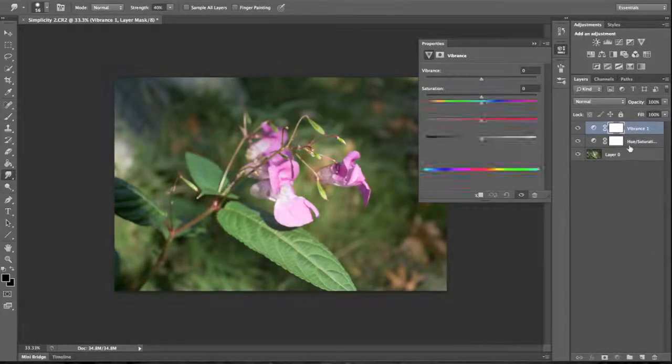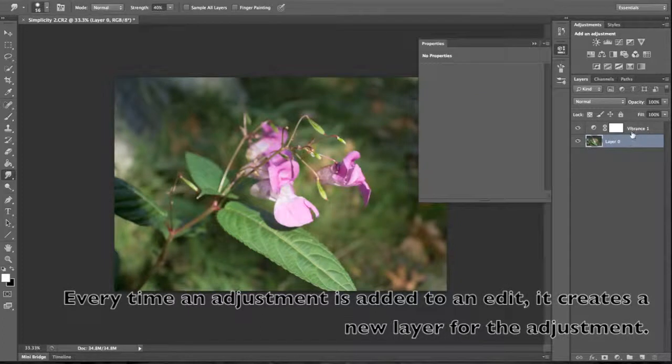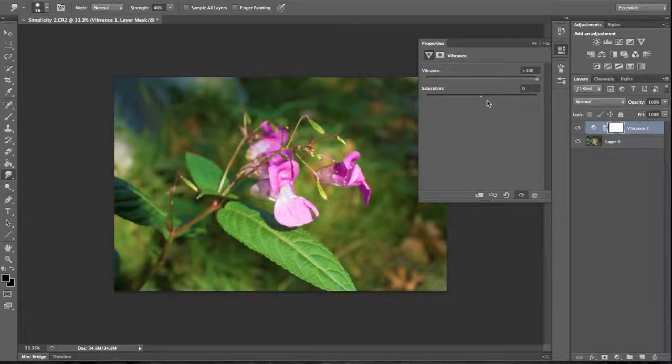Now you see when I added these effects, it made a new layer. Now it is a separate entity from the original photo. So if I give it 100% vibrance, ooh, that looks nice. I'll probably keep that. And maybe 0% saturation. You see that it's going to give it the grayscale. But right here, since it's a separate layer, if I click that eye,